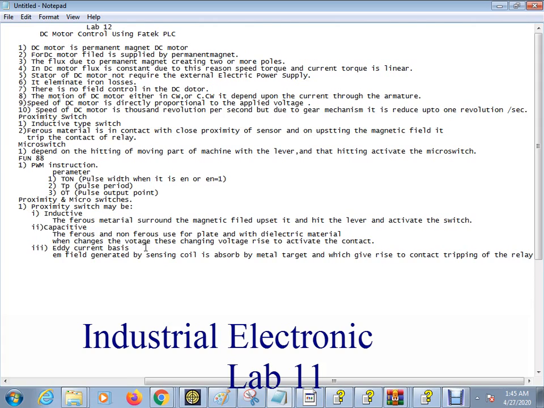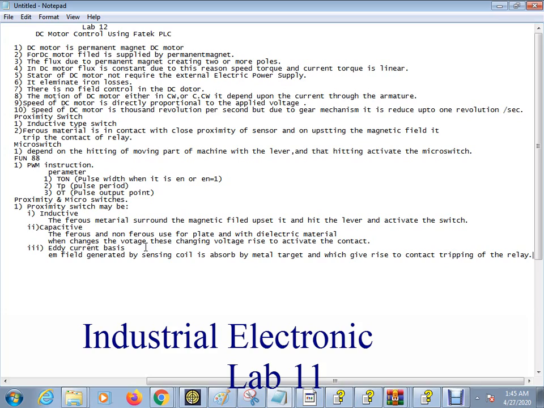So this is working on the basis of eddy current. Okay, now we have to move toward the